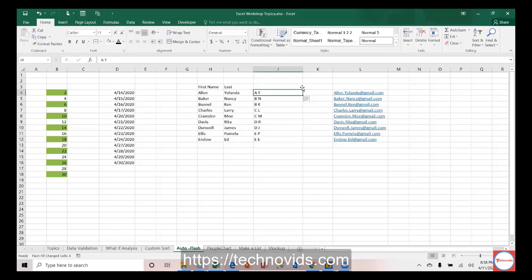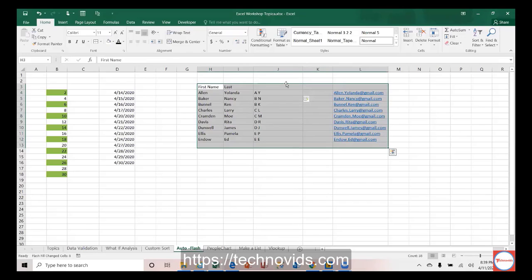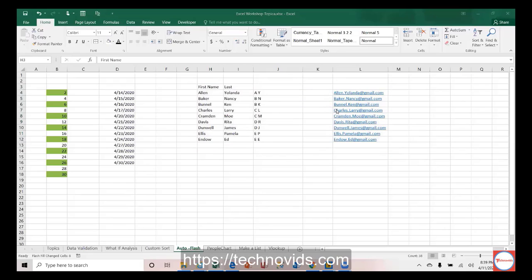As I said, Microsoft has mostly used some artificial intelligence to come up with this. The only thing is you have to give some pattern, and the pattern is fixed and consistent. You can always do that. In some places, I have also seen that state name abbreviations, especially US state names, can also be identified by flash fill.